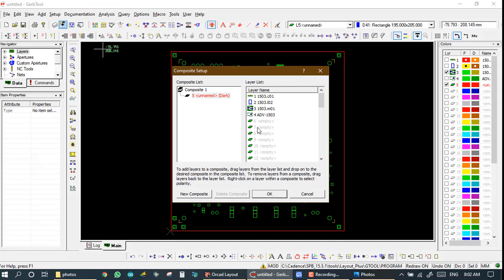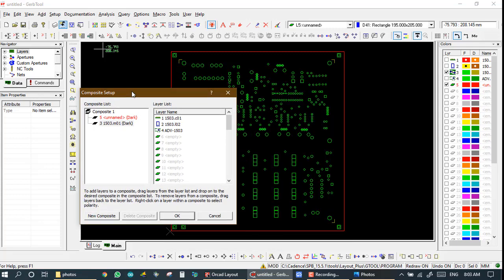And I take one more layer, my 3rd layer, click on it and drag onto the composite. So this is my 5th layer, which is the rectangle we made, and my 3rd layer is the customer layer, and it is the masking layer. So we have three layers here, and we have the option dark and clear.